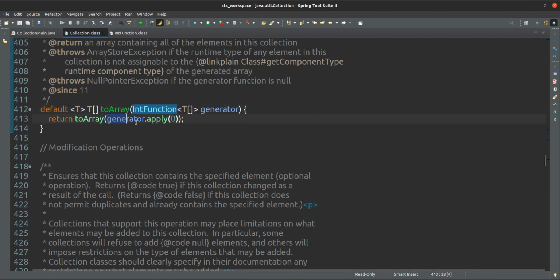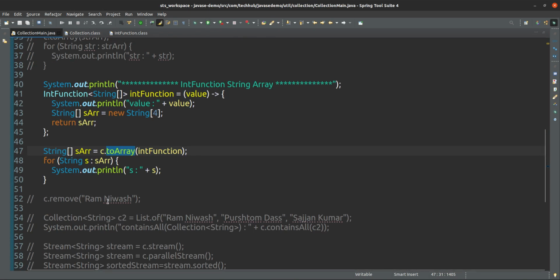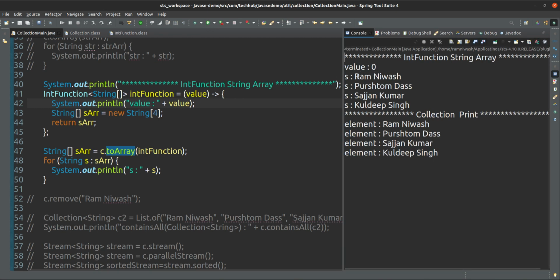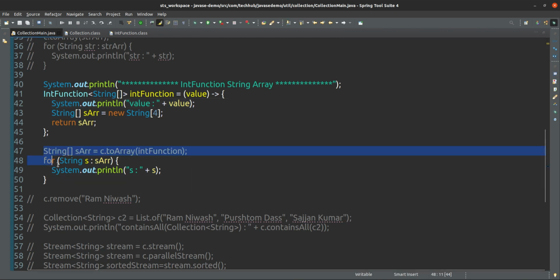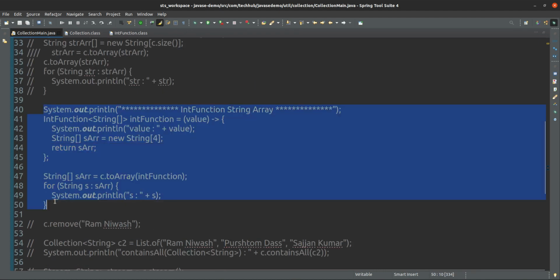Here they are applying generator.apply(0), toArray(0). So it will come as 0 here, and it will print the value as 0. Yes, the value is 0. Now this toArray value is collected into this one, and we are printing that one. We can use it in this way also.